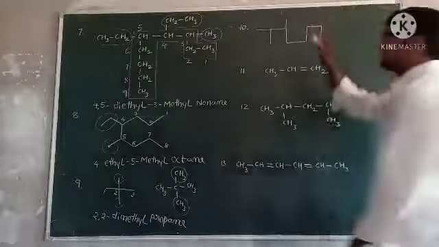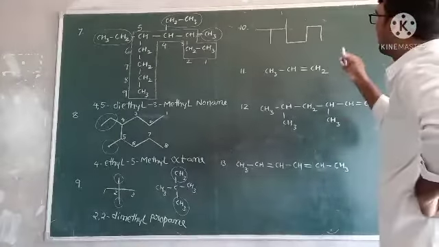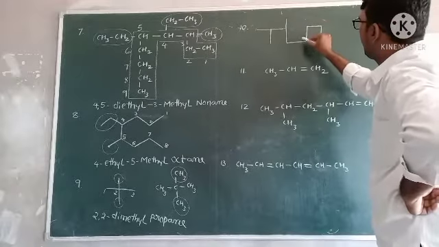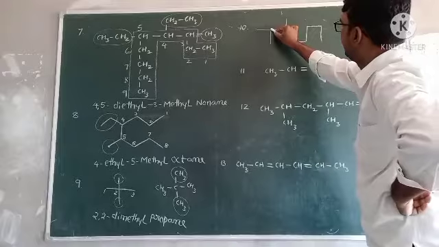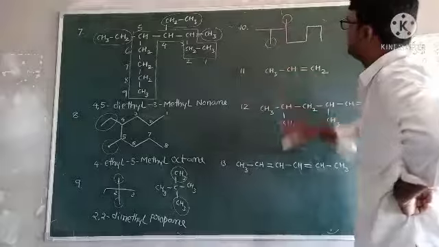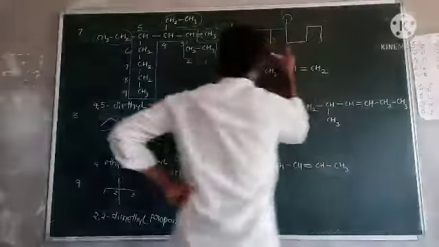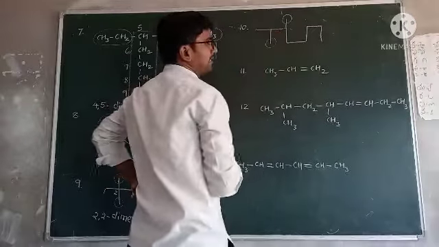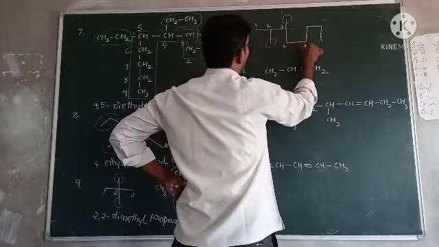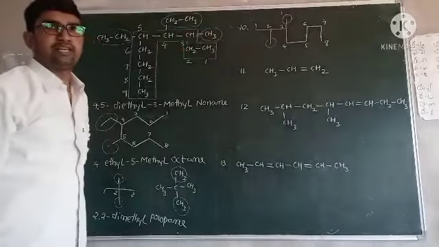Now come to the 10th one. I think it is very easy. Now we have one idea about IUPAC nomenclature. Now identify which is the big chain here: 1, 2, 3, 4, 5, 6, 7, 8. These two are substitutions, very clear. So from which side do we have to prefer the numbering? For the lowest locant rule, prefer this side because at the second position a substitution is attached. So 1, 2, 3, 4, 5, 6, 7, 8. Very easy now.